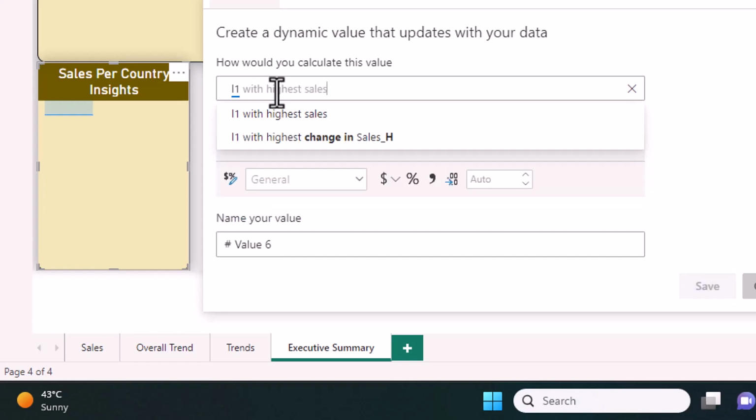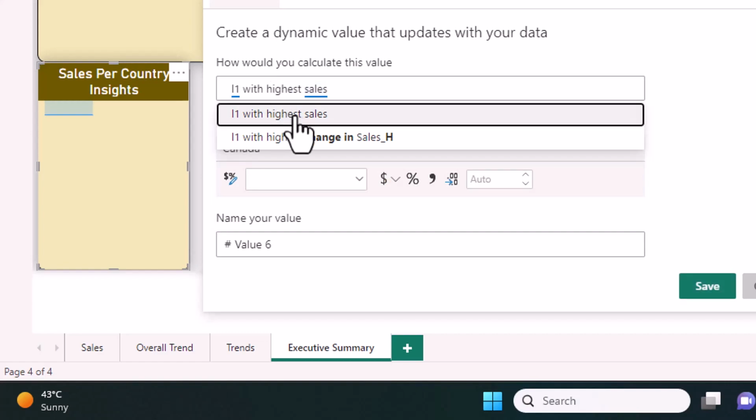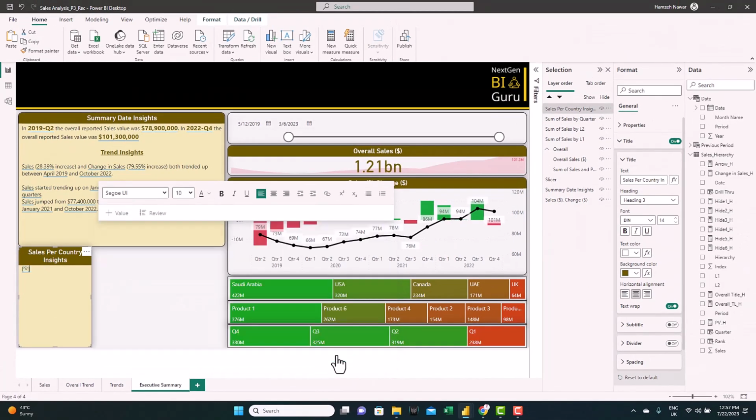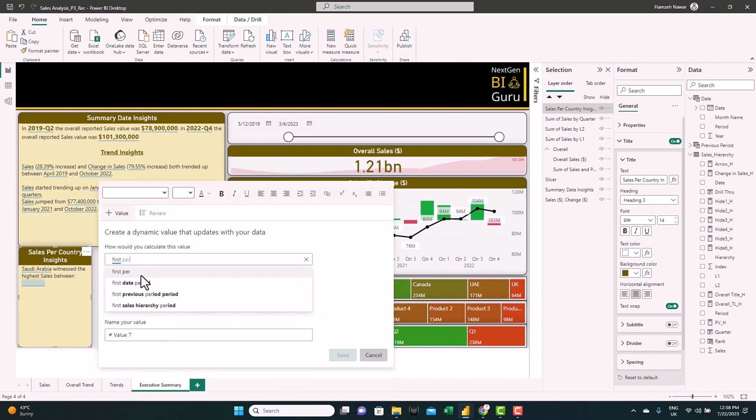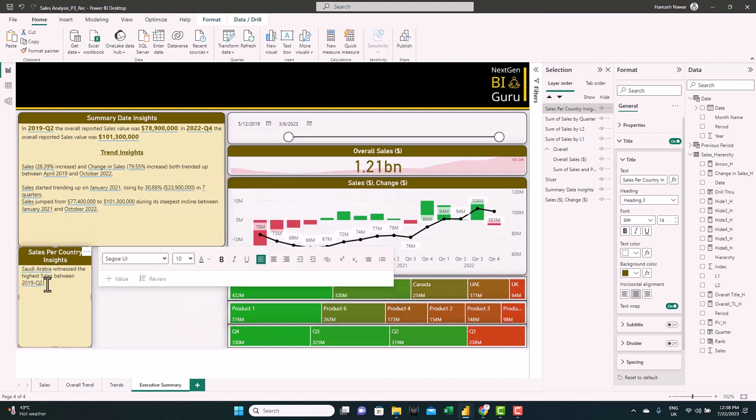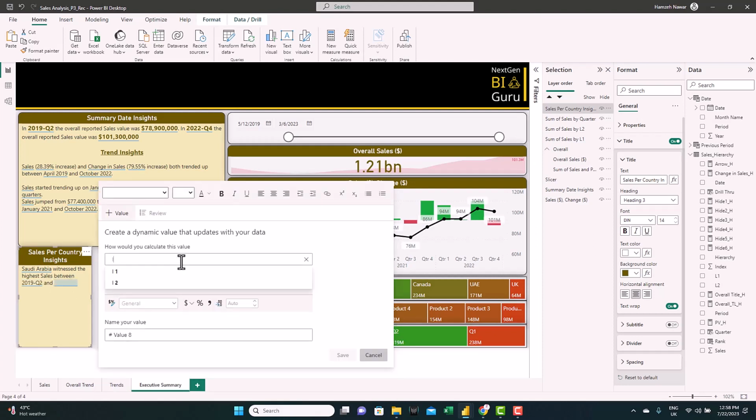And you can see it here showing in the list. Let's just select it, hit OK, and let's add the extra text. Witness the highest sales between. And add a value for first period and a value for last period.